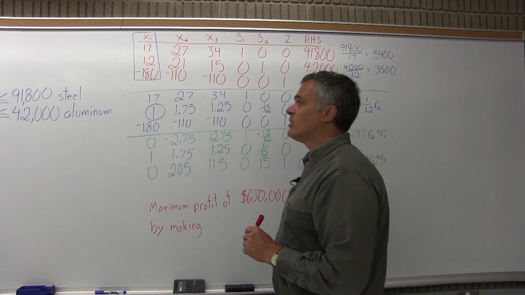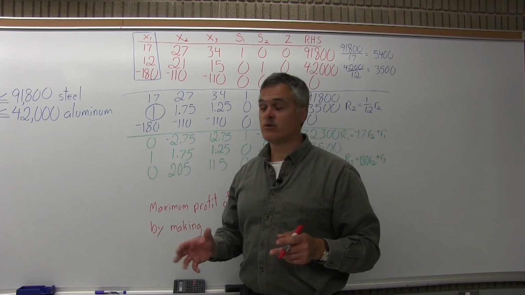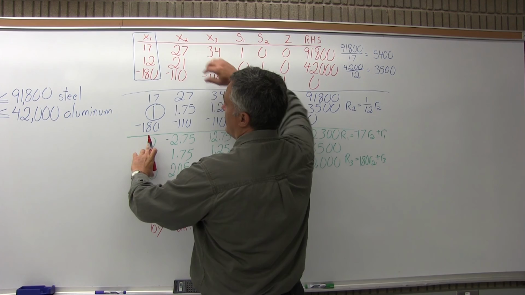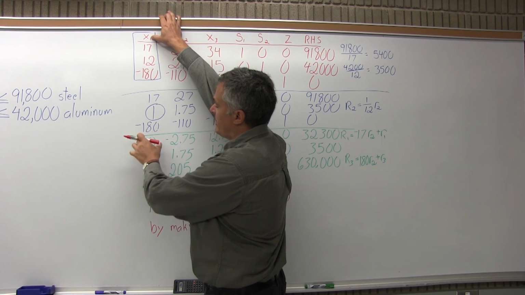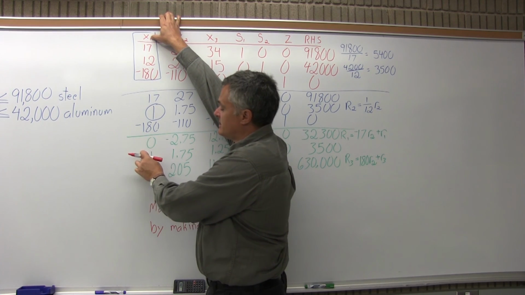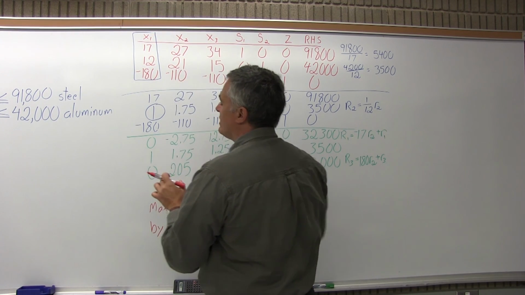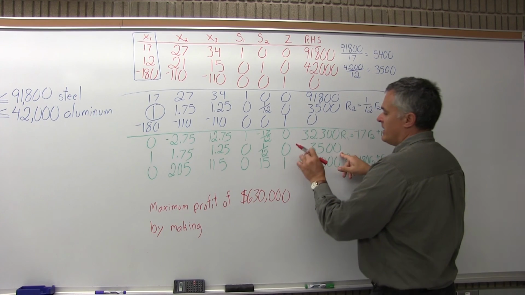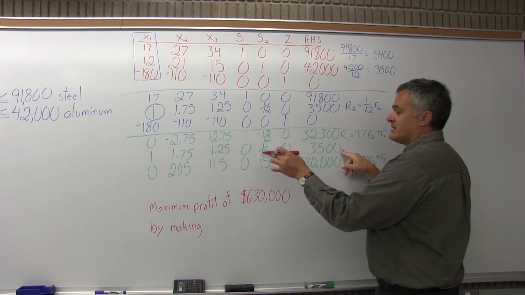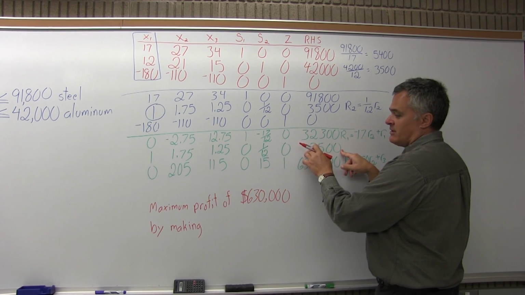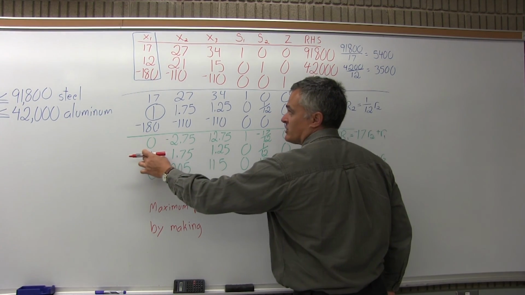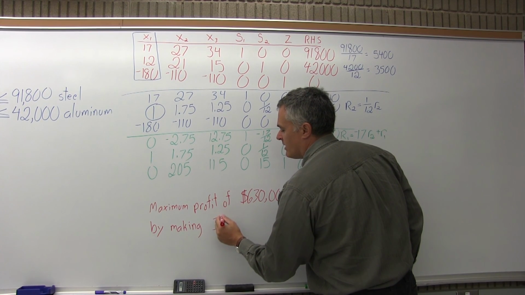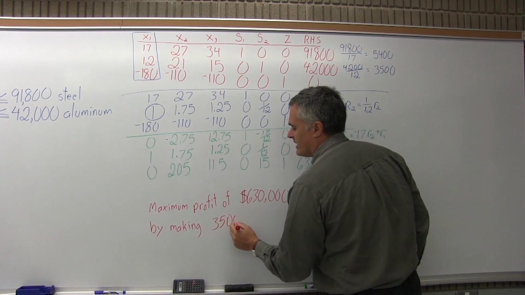So first in the x1 column, which was racing bikes, x1 represents racing bikes, the x1 variable does have a value. In my final tableau in the x1 column, I have one of those special columns of all zeros and a single one. So now the height of the 1 is in the middle. So when I go to the very far right column, the value in the middle at the same height as that 1 is 3,500. So the answer for x1, or the number of racing bikes, is 3,500. So by making 3,500 racing bikes,